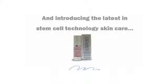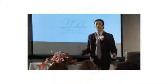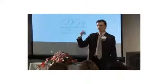And that's how we got to here. By doing all those treatments, we saw how the skin got better. By doing the burn victims and the ulcers, we saw that the skin is getting better and healing better. And in the laboratory, when we were growing all these cells, we saw that these cells communicate with one another. And when we look back into all the clinical data that we have, and we look back into the studies done on different things,